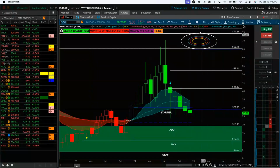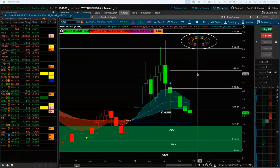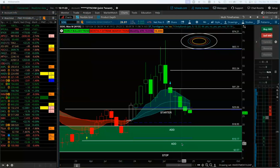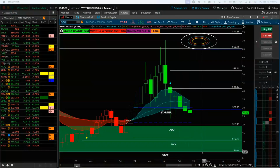And my target for 2025, whenever, it doesn't have to be at the end of 2025, but whenever the stock were to reach 65 to $74, that would be my target on a leap trade. Now, there are areas in between entry and stop that I would add to the position. Here at 18.95 to about $12 would be an add. And then again at 10.07 to 3.57 would be an add. And a stop for me would be a quarterly candle close below the bottom of this quarterly demand zone at